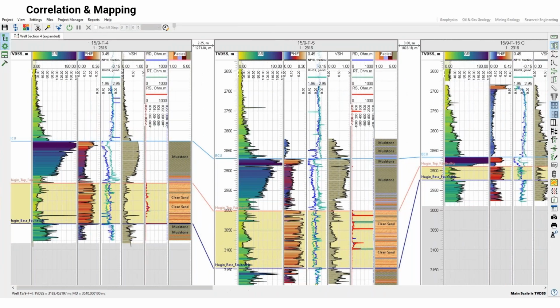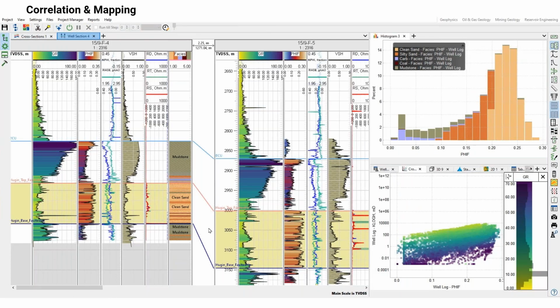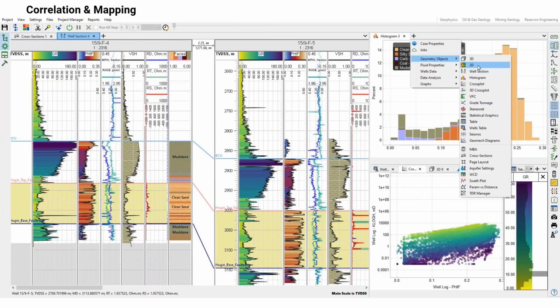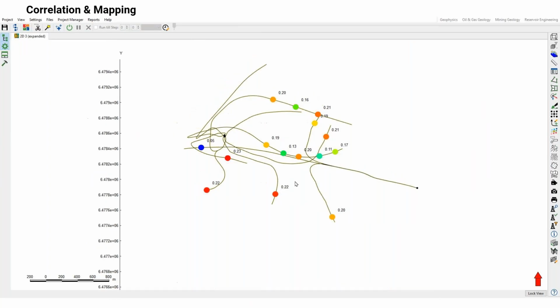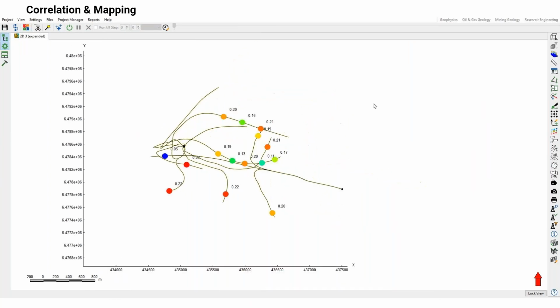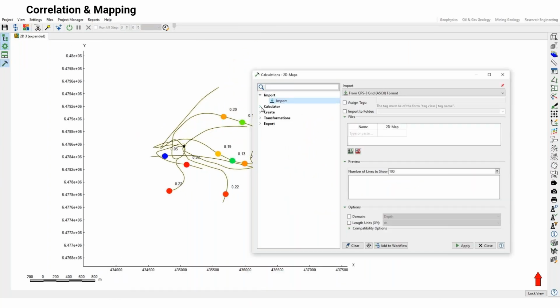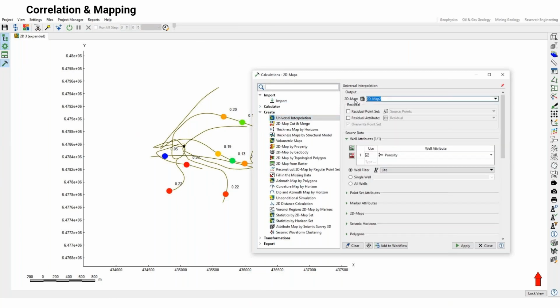But not only do we want to understand our logs in a vertical sense, but we also want to understand what's happening laterally. So we can jump back out of this and we can create some new windows to start looking at map views and looking at averages across these wells for that reservoir interval that we just identified. So here are our wells. We've calculated an average porosity for that section, which we've identified as our reservoir, our unit of interest, and